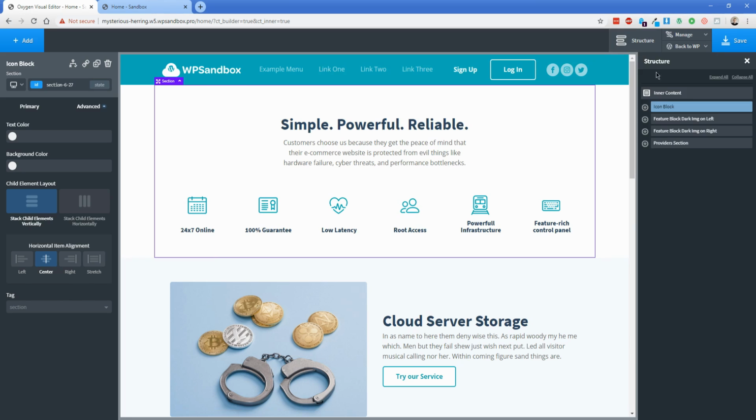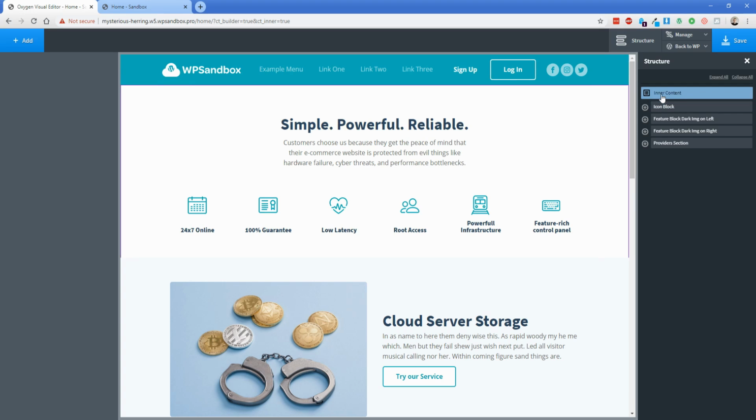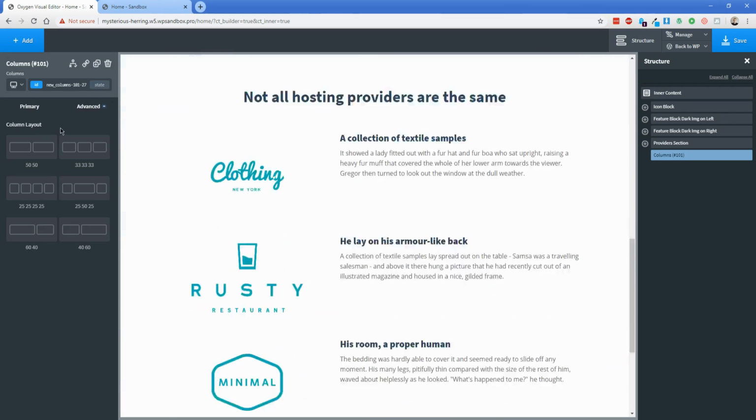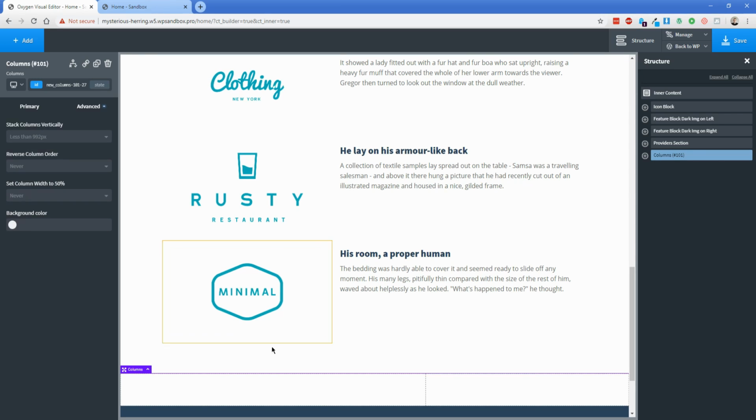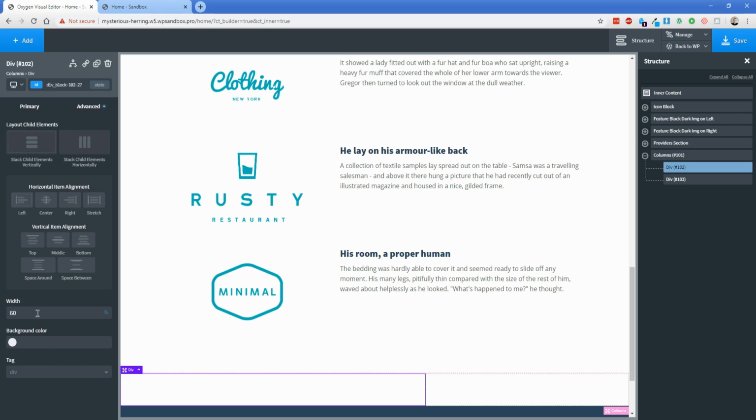So go to the structure pane and let's click on the top level item here. Sometimes this says body, but in my case it says enter content. So go ahead and click on add. Choose the column element, and then the column layout here really doesn't matter because you can configure this later. If you want to do a right-hand sidebar like I'm going to do, just choose the 60/40 option, and then I'm going to change this column's width to like 65%, something like that.